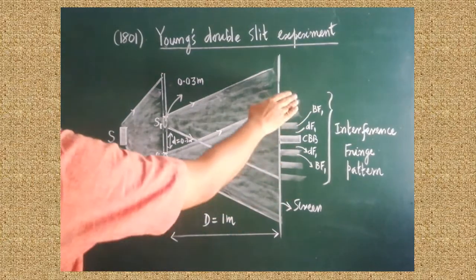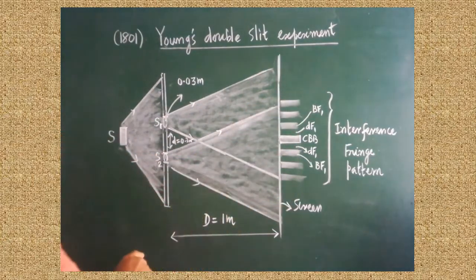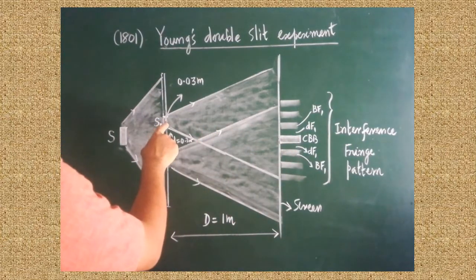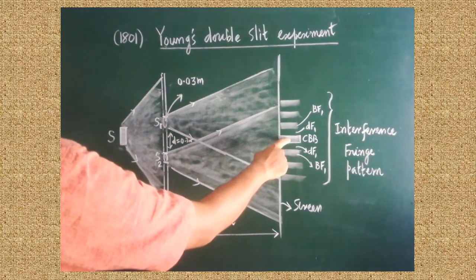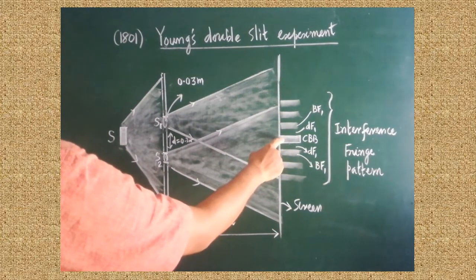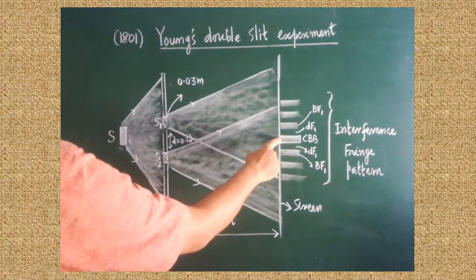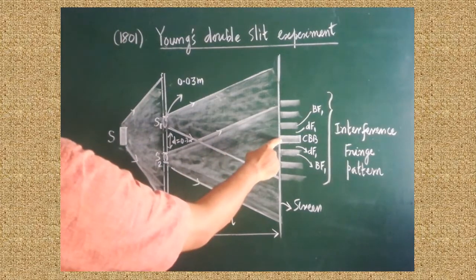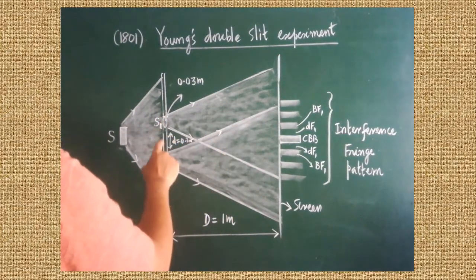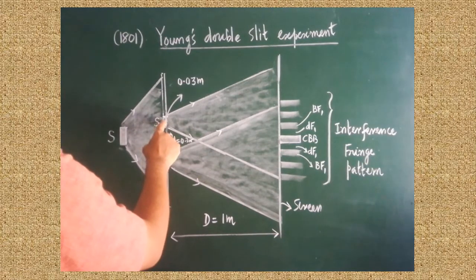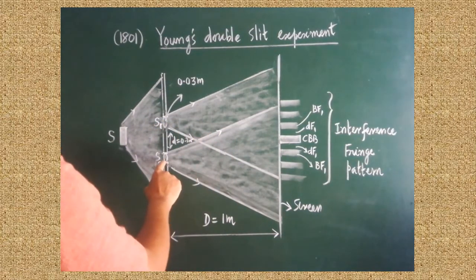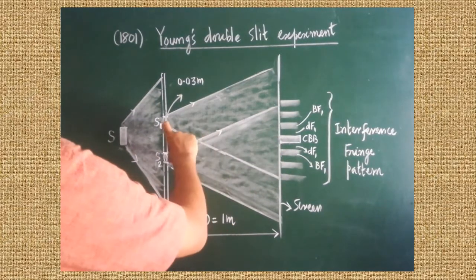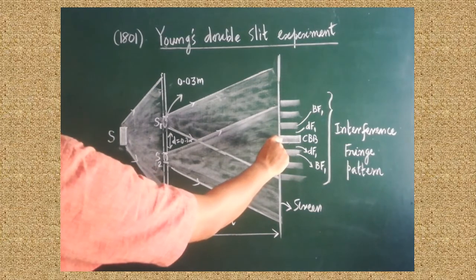Here is the interference pattern that can be seen on the screen. Look at how the pattern is. With respect to this position, a central bright band is created. Let us imagine this point is called P. From S1 and S2, point P is located equidistant from both. The light ray travels from S1 and from S2, both superposing here, both traveling the same distance. So P must be the equidistant point.